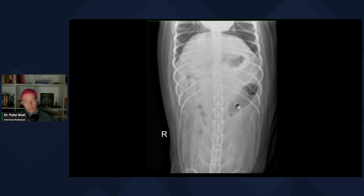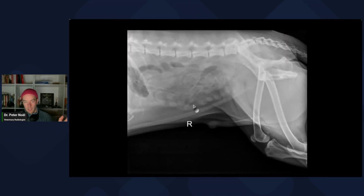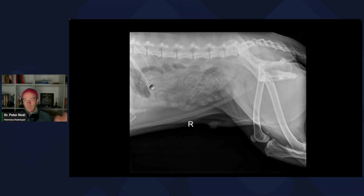So here it is right here. That's in plane on the colon. The colon, this would be the descending colon on this left side right here. And so it's in the area expected for the colon on this view, and it's also in the area expected for the colon on this view. So you'd have to say it's the colon. If you can put something, it may not be the colon, not a perfect test, but on this test, you go, okay, maybe it's colon. All right, so now